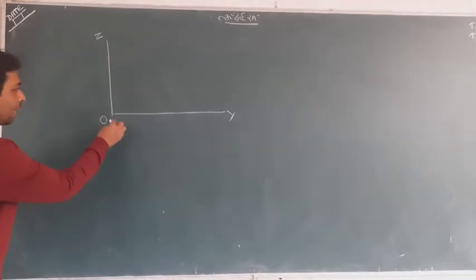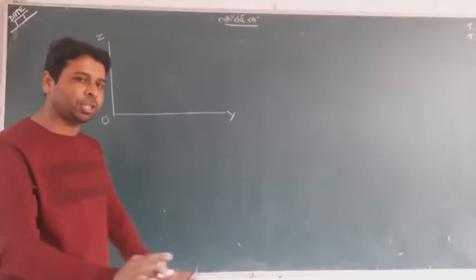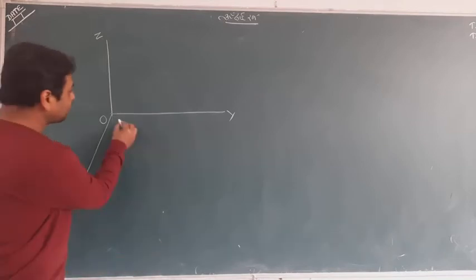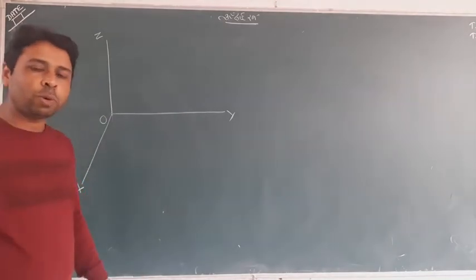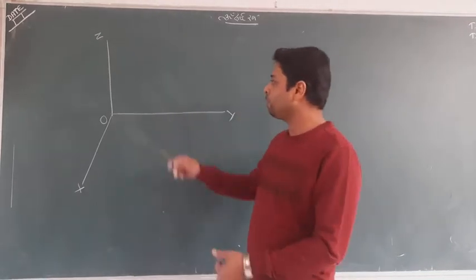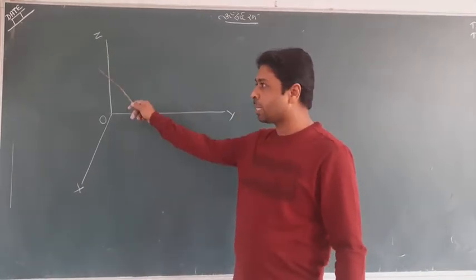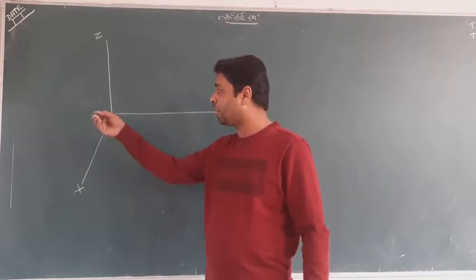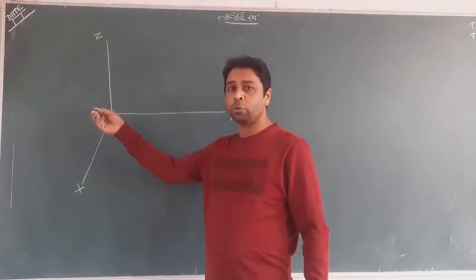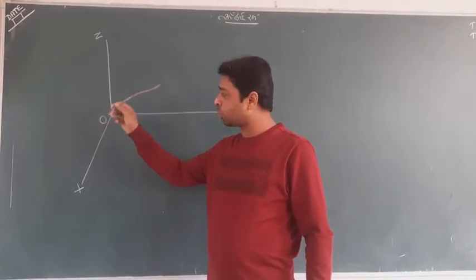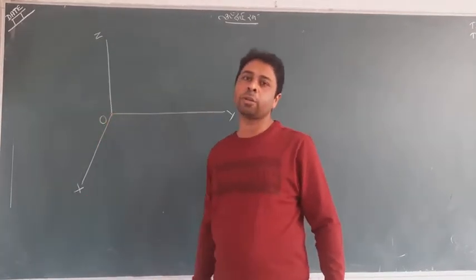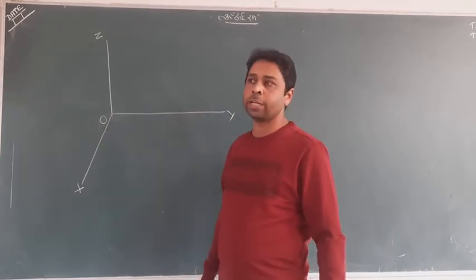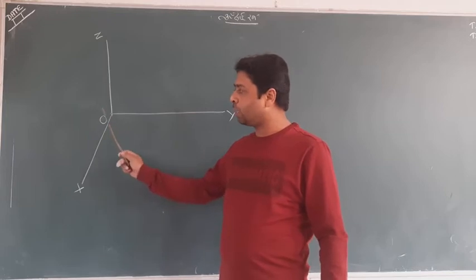So I will draw the x-axis in a convenient position, which is like that. This is my x-axis. Sometimes it can be drawn here, but you have to understand only that this is my y-axis, this is my z-axis, and this is my x-axis, which is actually here, but I cannot draw it. I recently told you. So for a convenient position, I am drawing my x-axis on the board like that. Keep in mind, the angle between all the axes is equal to 90 degrees.